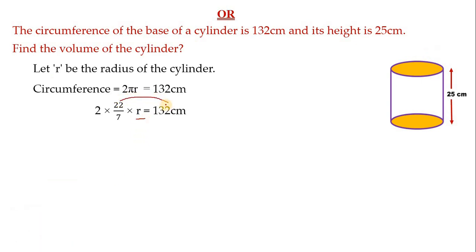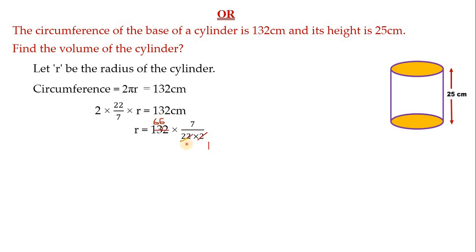This 22 by 7 transfer this side, it will become 7 by 22. Just like this, children, look at here. R is equal to 132 as it is, 22 by 7 will become 7 by 22. And here multiplication 2 is there. This multiplication 2, if you transfer this side, it will become the denominator. I repeat again. 2 into 22 by 7 will become 7 by 22 into 2. Now let us simplify this, children. Here 2 ones, and here 2 sixes are 12. 1 is remainder, so again 6 twos are 12.